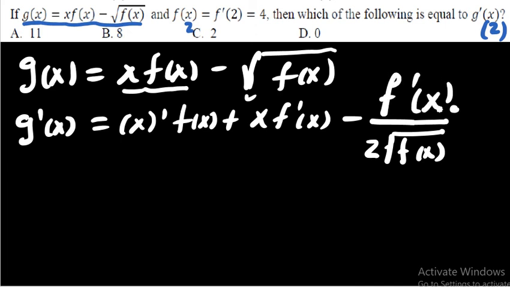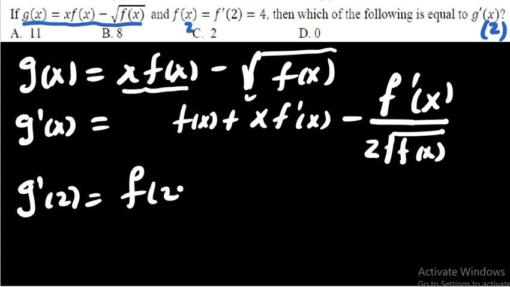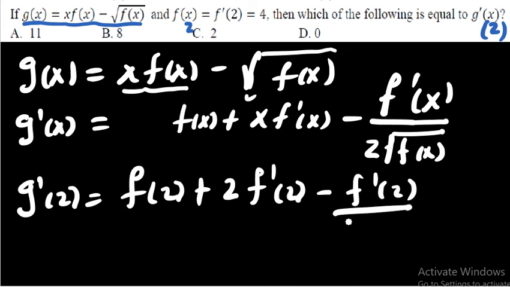Because when you multiply, it's going to be numerator. So I can keep it as it is here. Therefore, we are asked g derivative at 2. G derivative at 2 means now I will insert 2 in place of every x. I mean, x derivative, by the way, it's 1, so I can ignore this part. So we can say f of 2 plus 2 times f derivative at 2 minus f derivative at 2 over 2 times square root of f of 2,